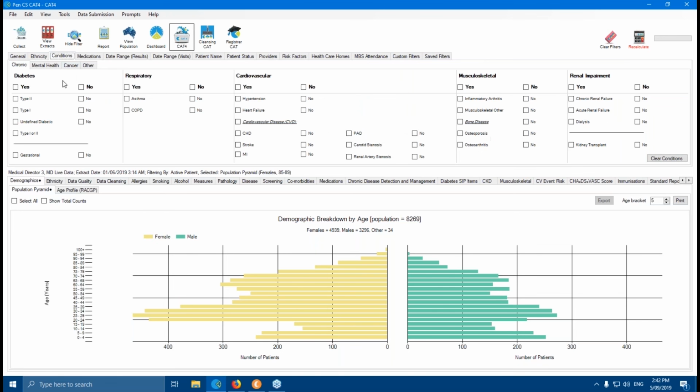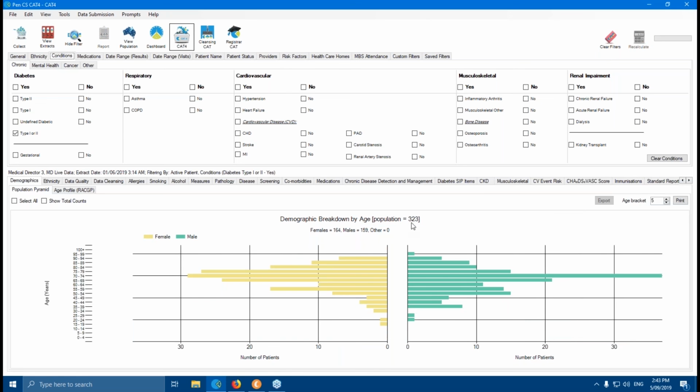And in this case, we want to look at diabetics. Now, they are not interested in undefined diabetics. And again, I'm not 100% sure if that's even a possibility in Medtech. It certainly is in the other clinical systems where you can put a coded diagnosis in, but it's not clear if the patient has type 1 or type 2 diabetes. So the Department of Health is not interested in this sort of undefined, unclear diabetic status. So what we need to do is click type 1 or type 2, so that you get only those patients with either type 2 or type 1